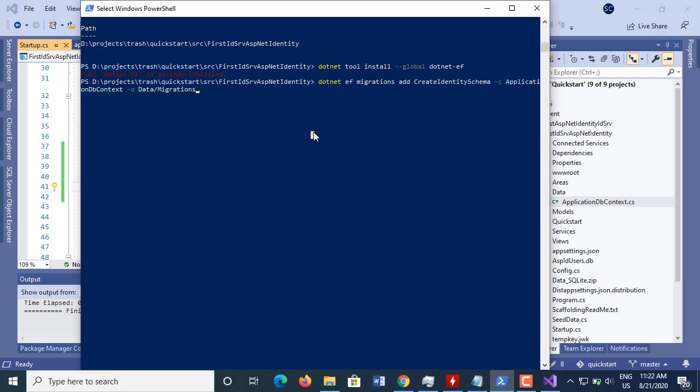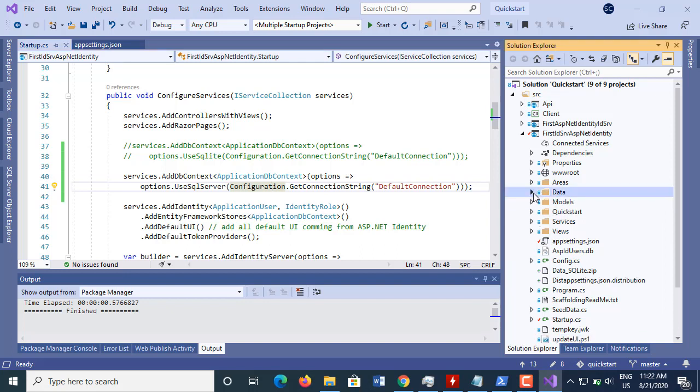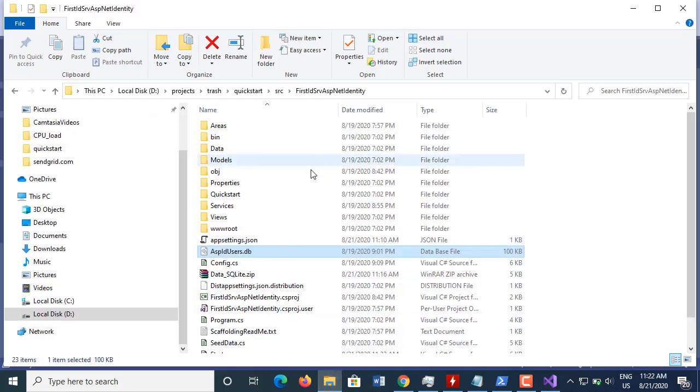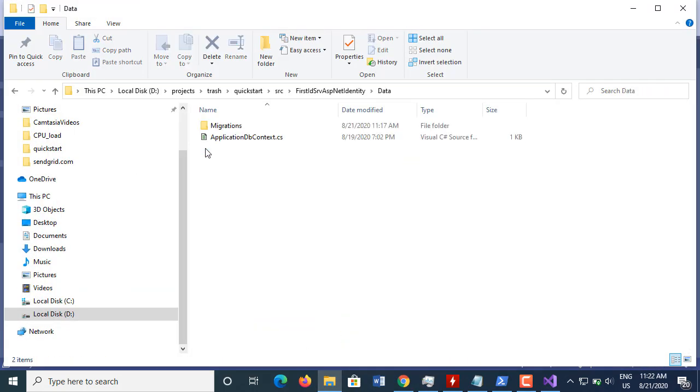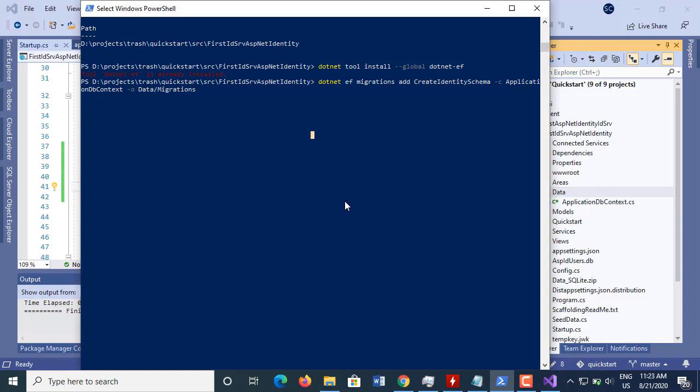So now let me do this migration and we will see that in the folder Migrations we will get Data. We don't have migrations right now. Why don't I have migrations? Yeah, because probably it's empty. So that's why Visual Studio doesn't show me anything. Migration. Okay, so let me execute this command